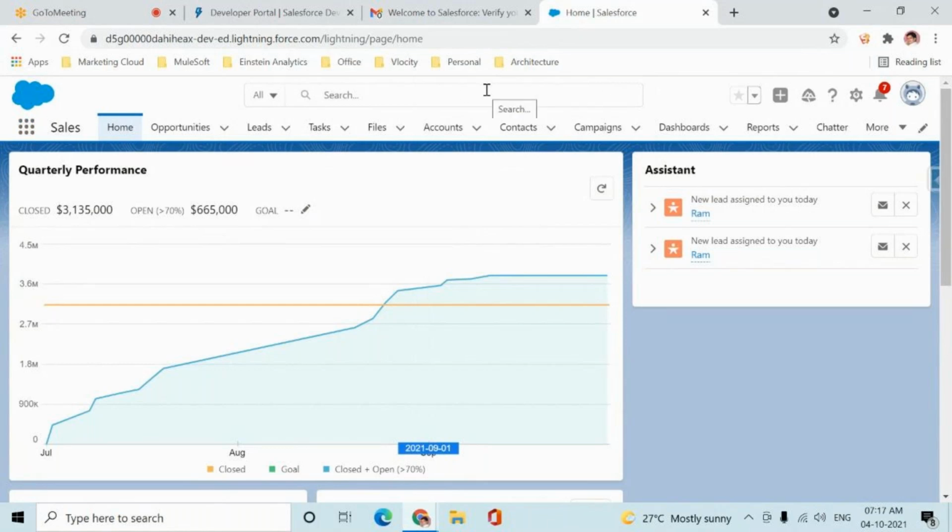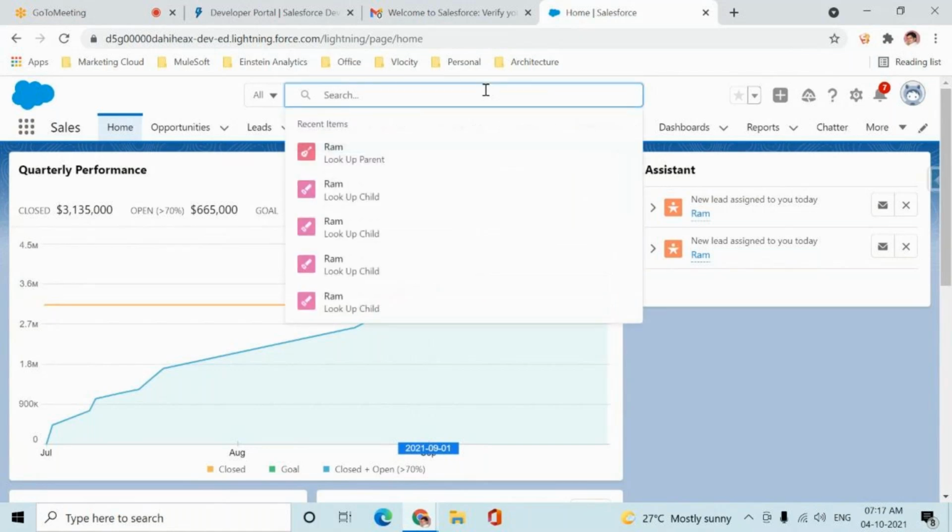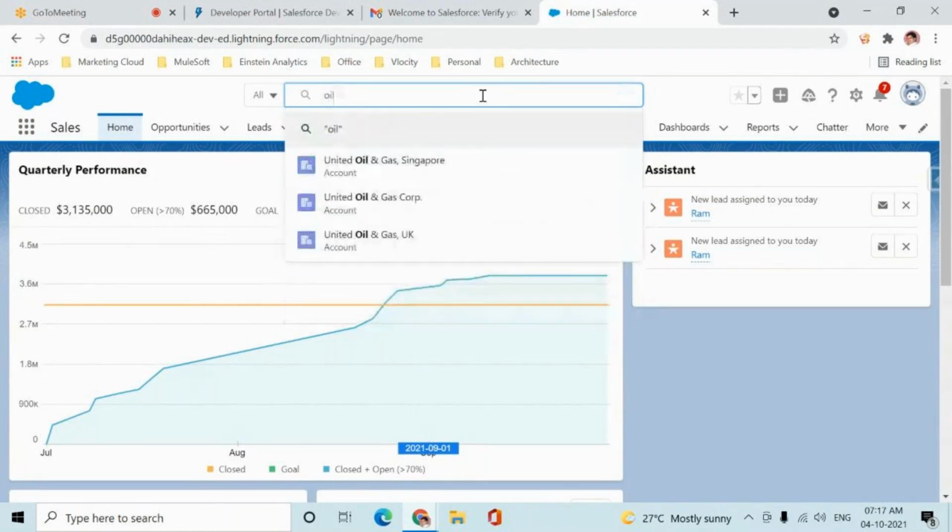Now, there is something called the search bar. For example, let us say I know there is a record with the name oil, but I don't know in which table it is created in Salesforce. The tables we will call objects. I don't know in which object it is stored. So I will click on the enter button now.